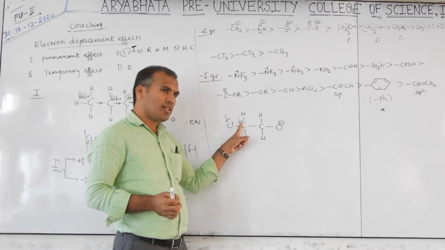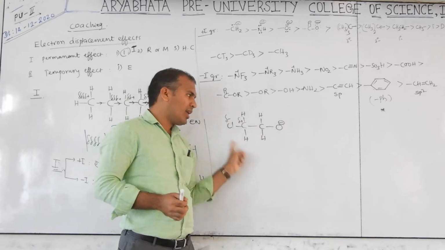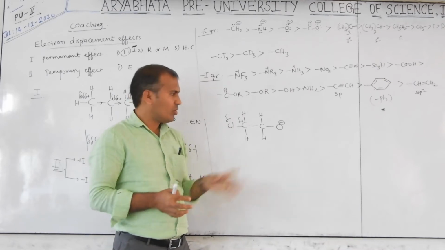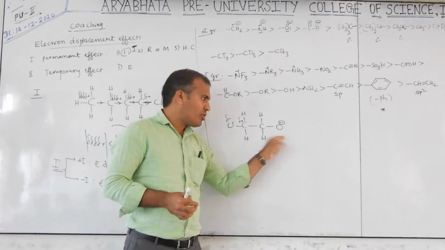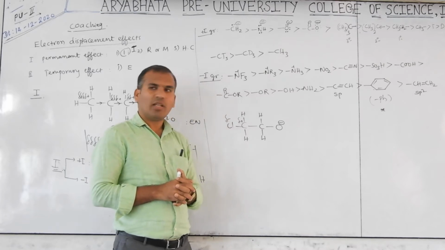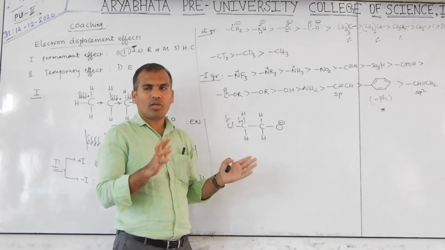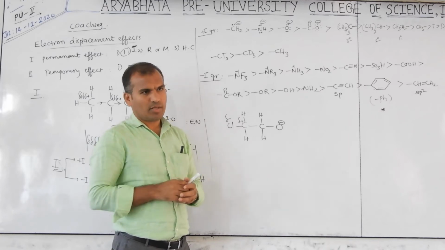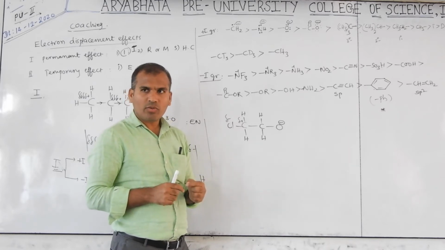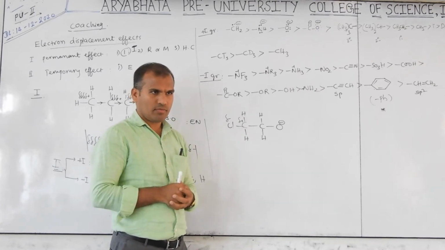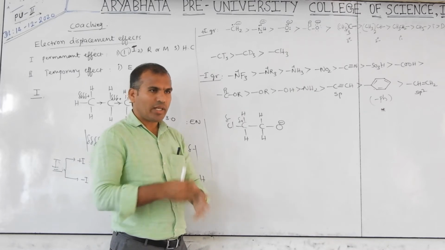Now here charge is there. This anion is stabilized or destabilized? Totally this is an anion. Here which charge is there? Negative charge. Already I told you in the previous class, negatively or positively charged species are unstable. Then what do we have to do? For stabilization, we have to decrease its magnitude.